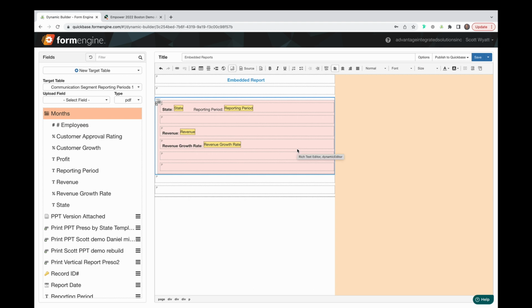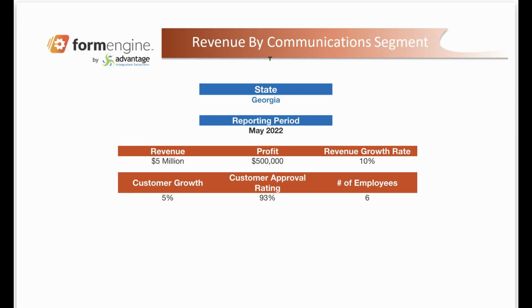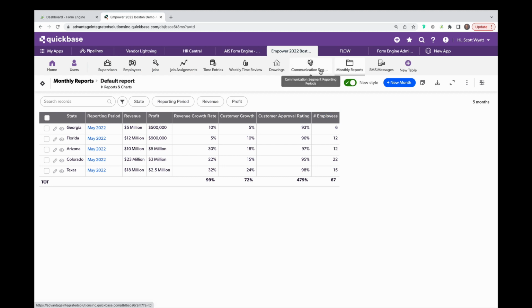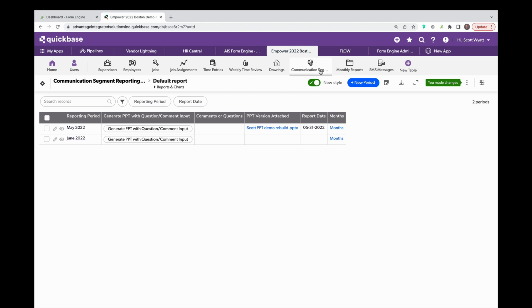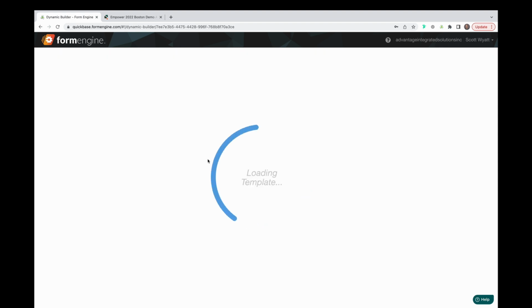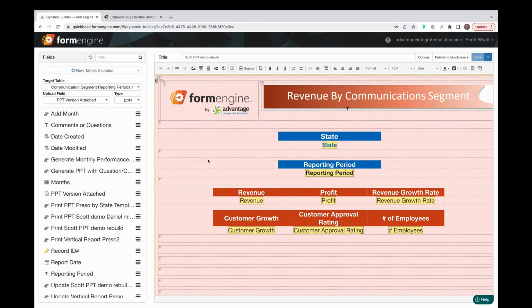And this builder goes beyond that, with the functionality to automatically generate data-driven presentations. So let's say I have this PowerPoint presentation format that I need output, and 1 slide per state for a month's reporting deck. I have the data for all the states in this table, and their child records to this parent May 2022 record to this table. If I create a dynamic form for the parent record with the embedded child report in vertical orientation, I can build out this formatted single slide here with embedded formatted fields with a page break at the end